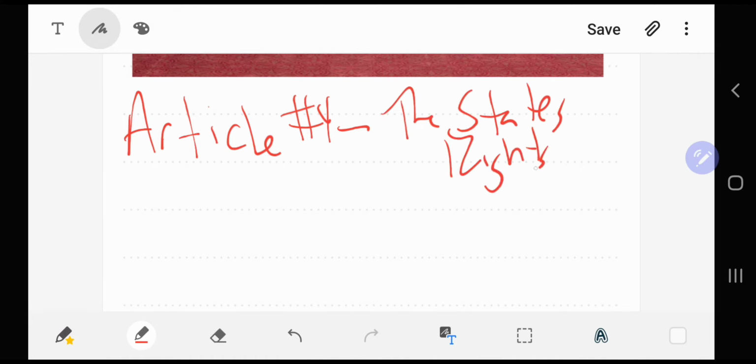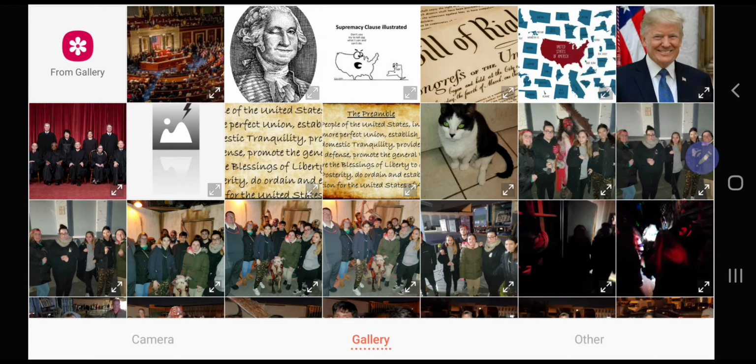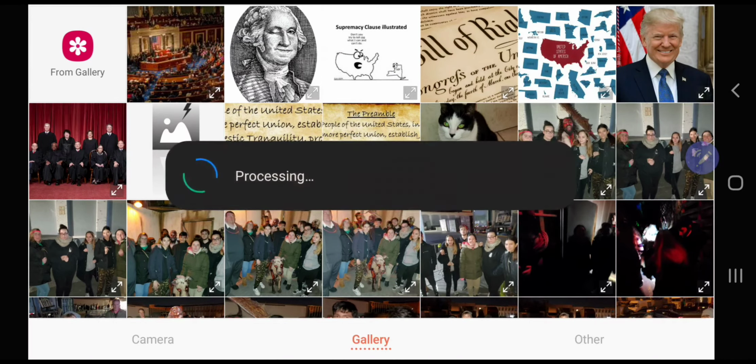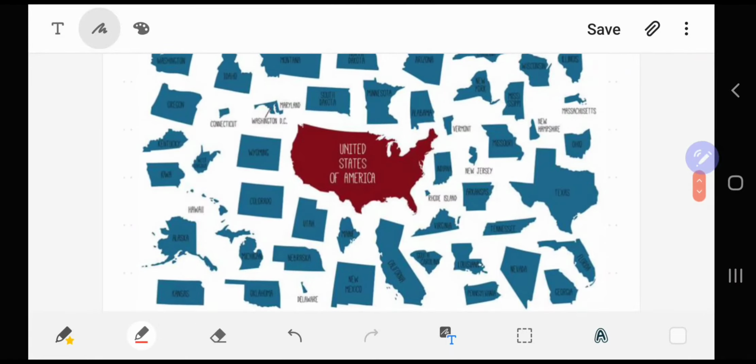So the states are kind of giving up some power here with this Constitution. They are basically saying, hey, we were operating as our own thing for a while. Now we understand that we're going to have to come under your laws. We're going to have to get along as part of one country. But hey, you're going to make some guarantees to us that let us preserve some of our rights as long as we follow your laws.